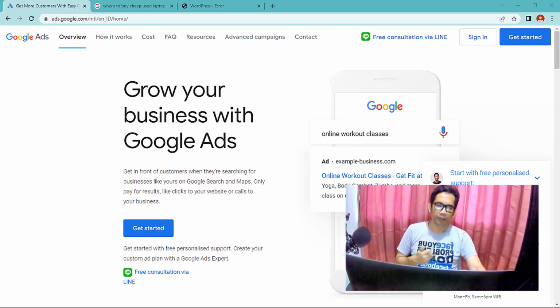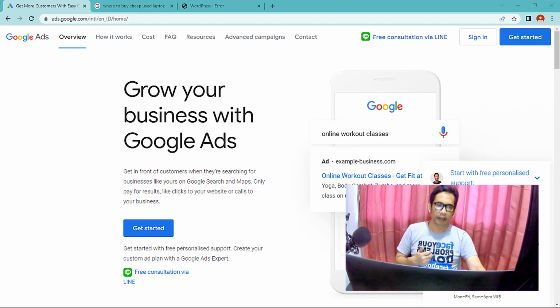Choose your keywords. Keywords are the words or phrases people use to search for products or services like yours. Choose keywords that are relevant to your business and target audience.